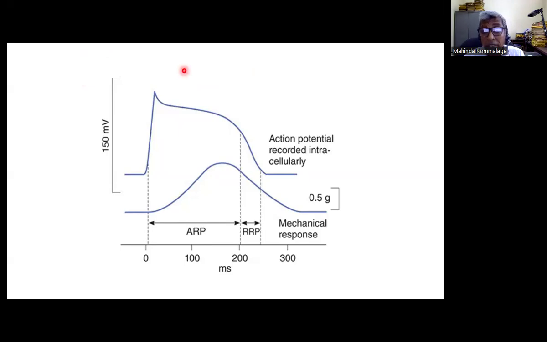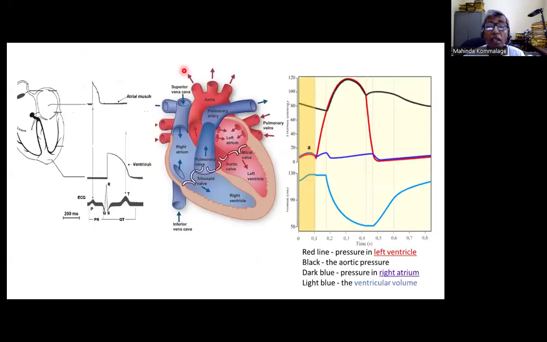So that I will discuss here. And just to start with the lecture, as I mentioned, the SA node will generate electrical activity. It will spread first to the atria, and then,